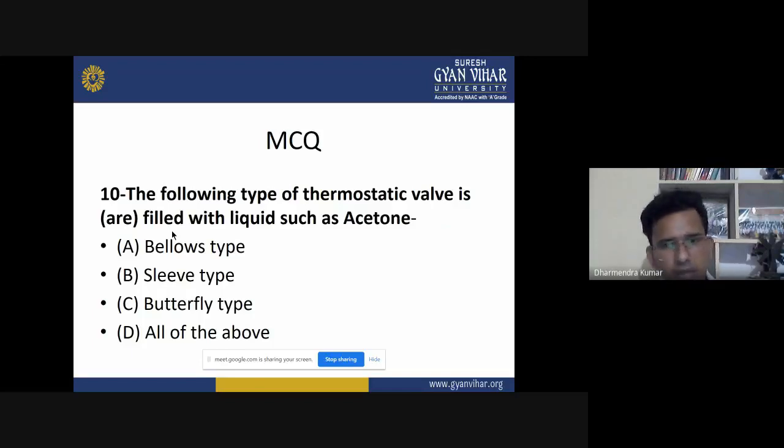If I summarize this chapter, then in this chapter we have learnt what a cooling system is and how it is beneficial for any automobile or any type of vehicle, either a goods vehicle or a passenger vehicle. Then the types of cooling system: we have seen the two types, air cooling system and water cooling system. We have seen various advantages and disadvantages of the air cooling system and also the water cooling system.